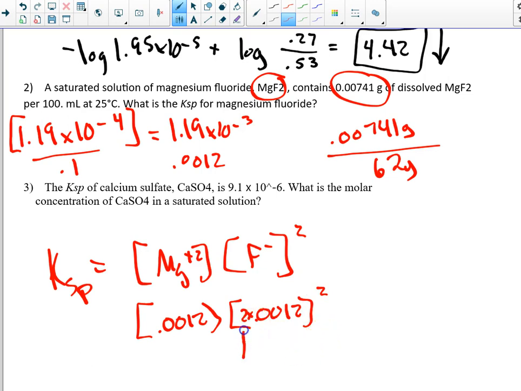Why is it 2 times that? Okay, because this produced 1 Mg, but for every 1 Mg you got 2 F, so it has to be twice that value. And then you still have to square it. And this will tell you the KSP is